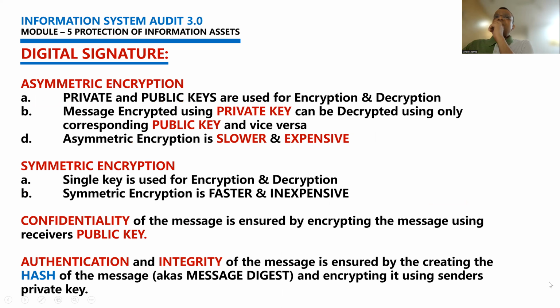Now, when you are talking about cryptography, it is essential that we understand what is asymmetric encryption and what is symmetric encryption. The name itself says asymmetric encryption means that you are using two types of keys. The receiver and the sender both are using different sets of keys. So private and public keys are used for encryption and decryption, which we have already spoken about. A message encrypted using a private key can be decrypted only using a public key. And because we are using two types of keys, asymmetric encryption is slower and